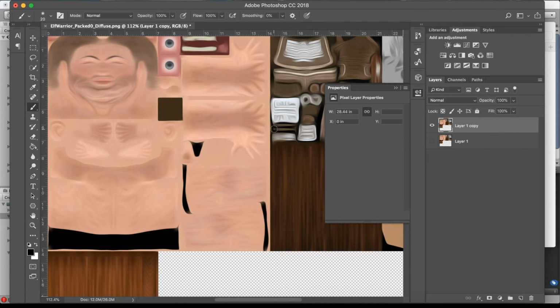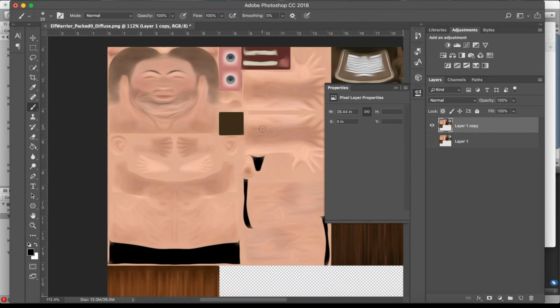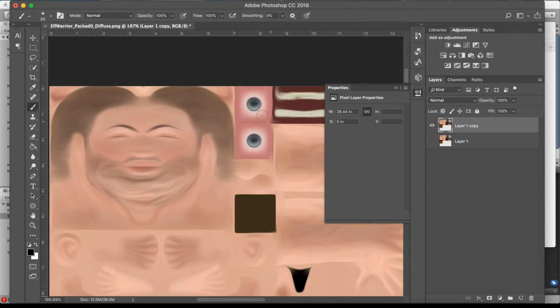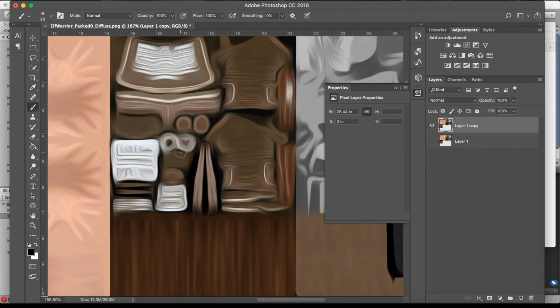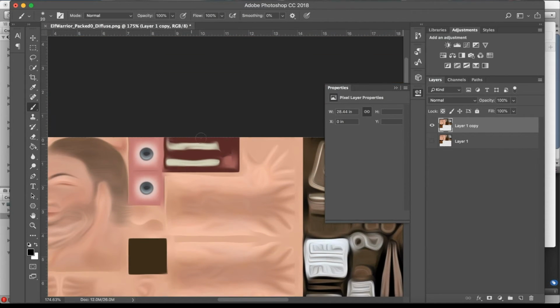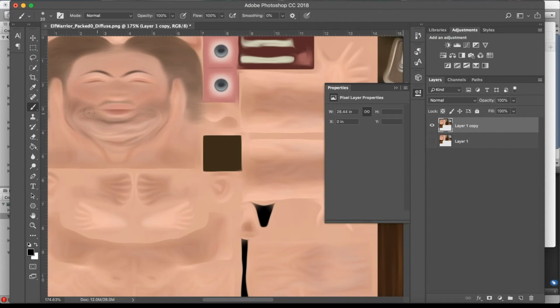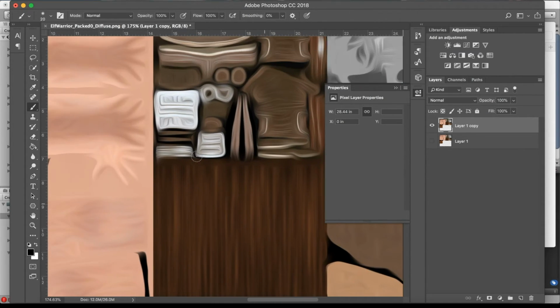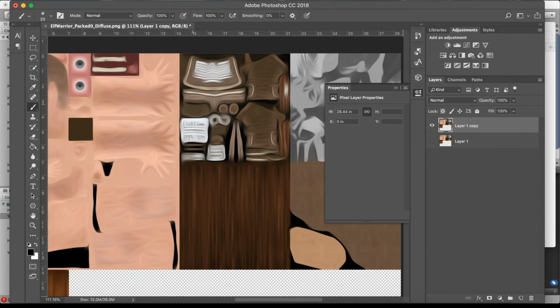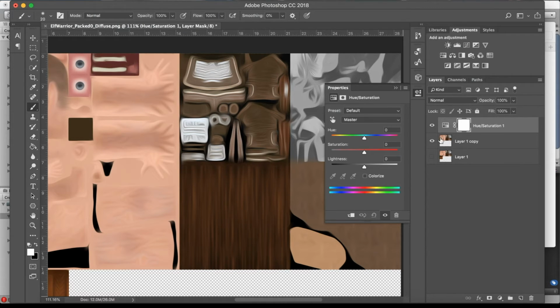So we'll hit OK. Now already you can see that it's starting to have this sort of hand-drawn look, all these parts of the body, and you can almost identify where everything is. I mean, you've got teeth there, eyes, that's obviously a face. These are the hair textures. So if you wanted to, it would be super easy to just paint in these textures by hand. But what we're going to do is hop in with an adjustment layer,